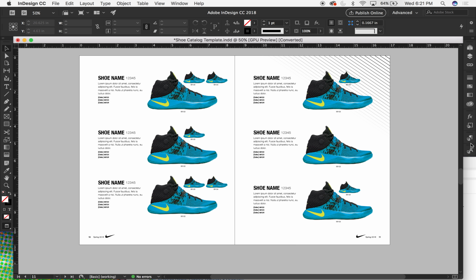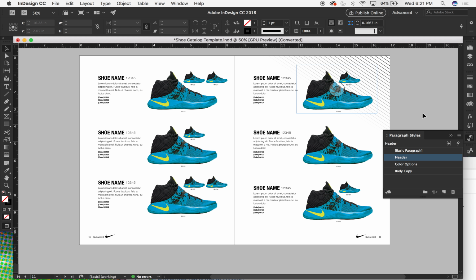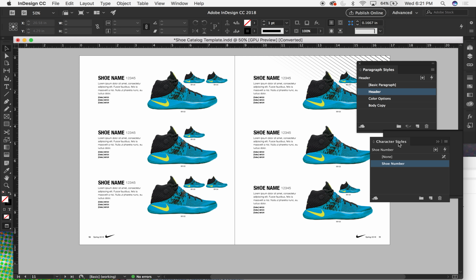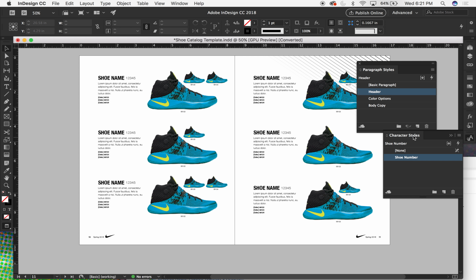Okay. So the character and paragraph styles are found over here on the right side. You have this paragraph symbol, you have the letter A here for character, and then the paragraph symbol for paragraph. So I'm going to pull both of the menus out just to have them floating here. And then we'll go through